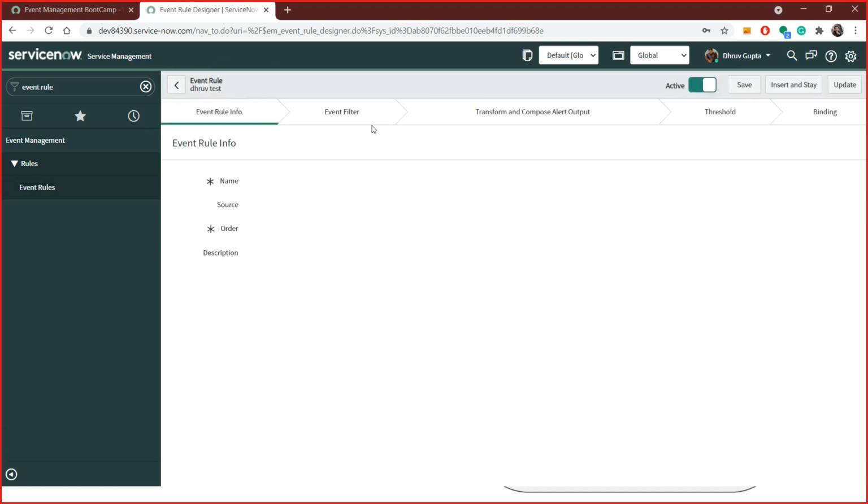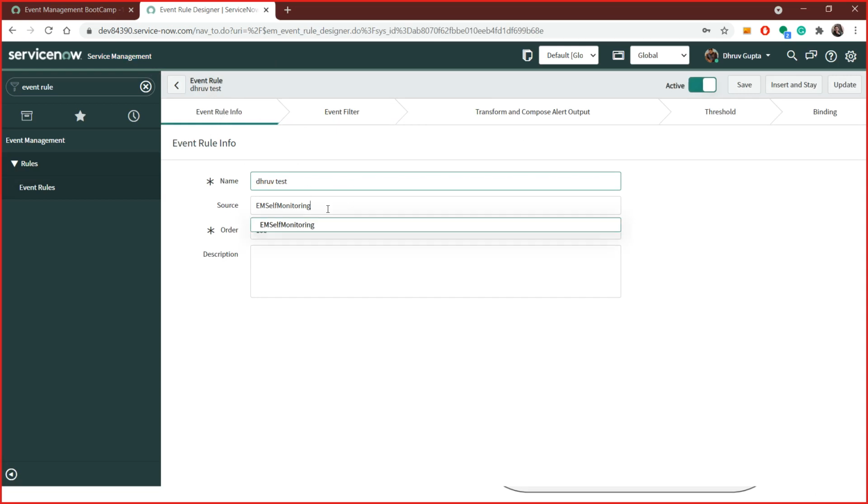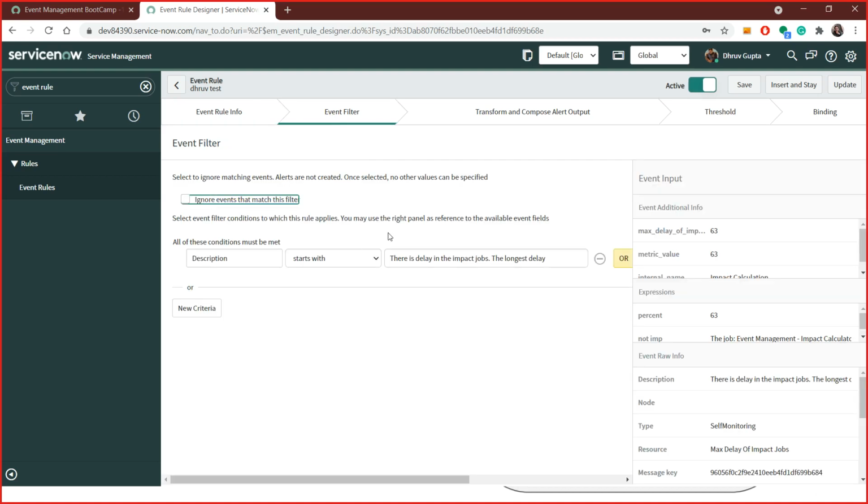Okay, it has 5 tabs over here. Event rule info, basically you provide the basic info, and this one is pretty important. This needs to be correct. This is your first check, from which source we are getting the event. Then at the filter level you put what should be the condition that this event rule should be applied. When an event comes into your queue, it is processed against these event rules, and only one rule is applied.